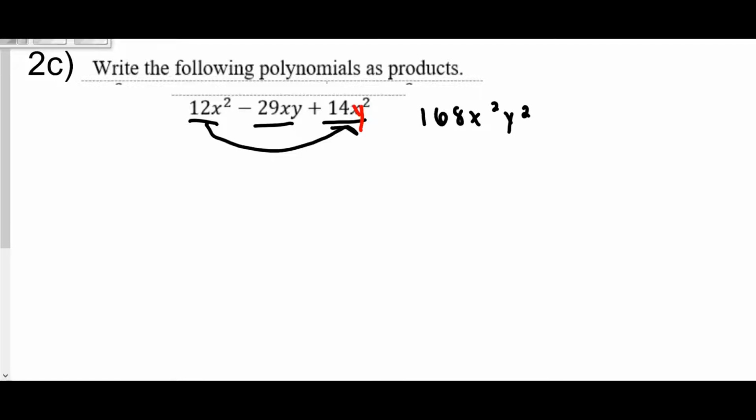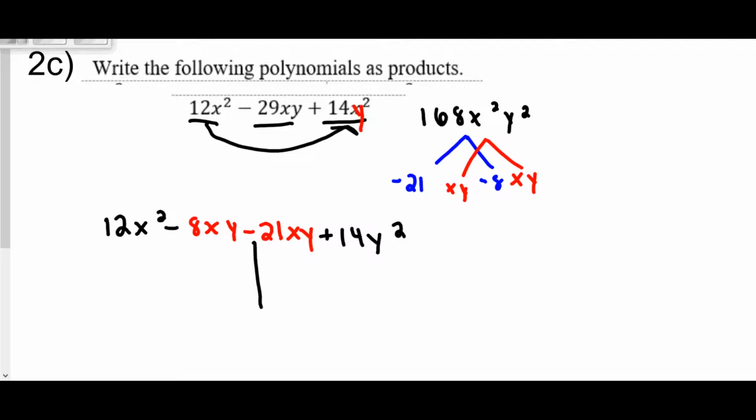What our job is right now is to find two numbers that multiply to 168 x squared y squared and two numbers that add to negative 29xy. If you want, you could pause the video right now and try to come up with those two magic numbers. So the two magic numbers are negative 21xy and negative 8xy. You're going to take those two numbers and substitute them in for negative 29xy. You're not changing the value of your polynomial. All you're doing is writing negative 29xy as